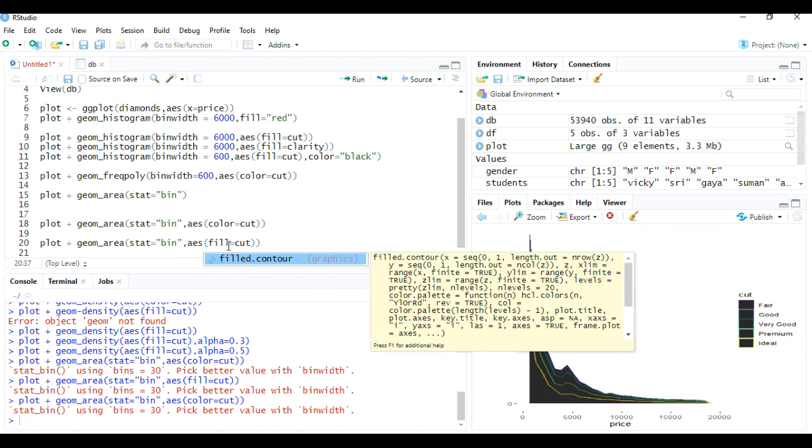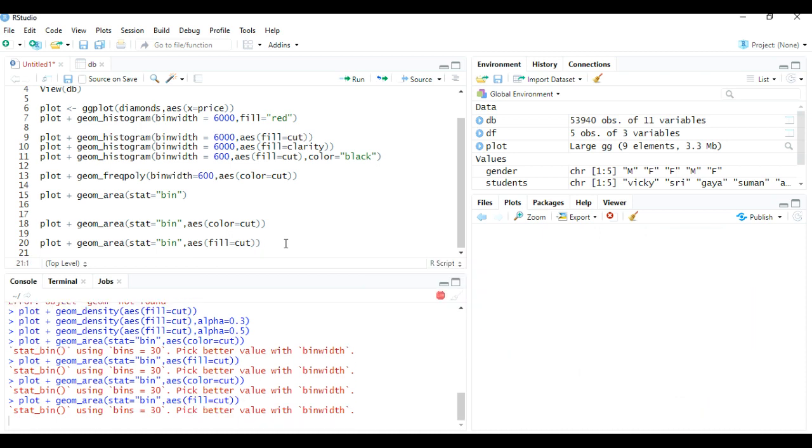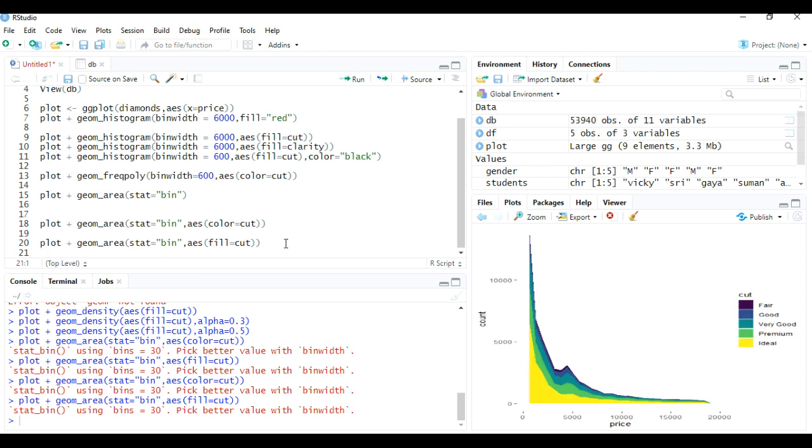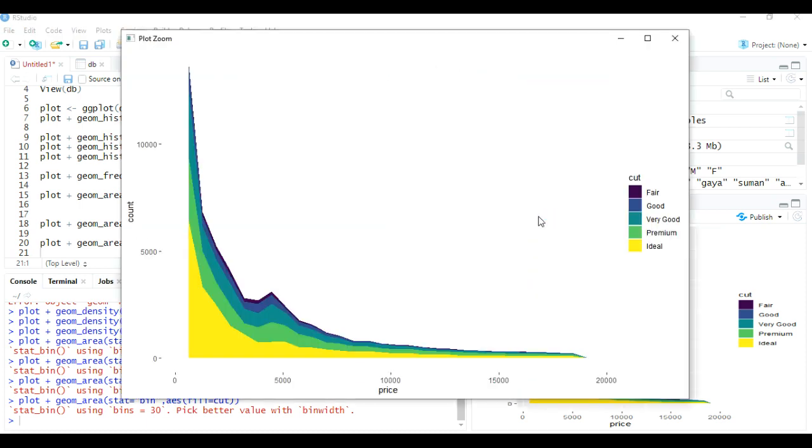When I give a variable as fill, it will make the graph filled with the color. Now let's run this line and see the output. Yeah, as you see, we got a graph. I'm going to zoom this graph. Yeah, now it's clear.